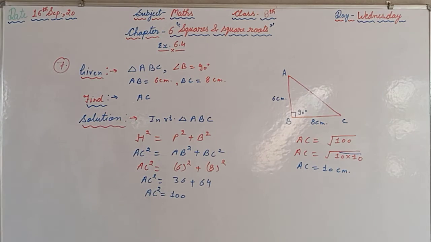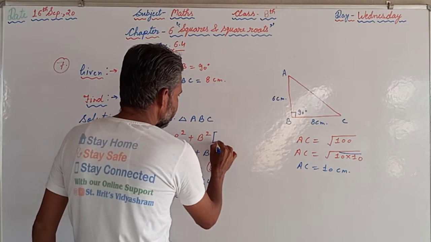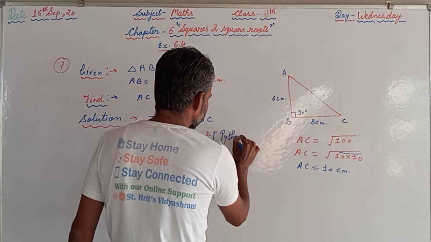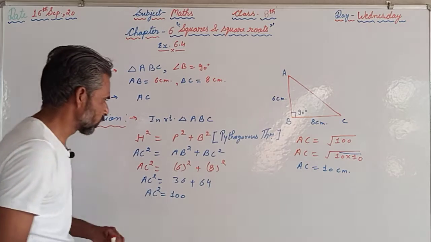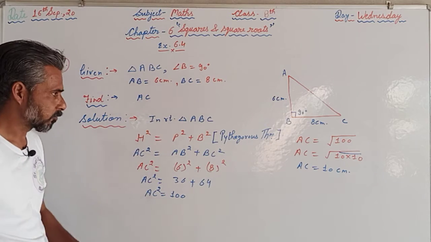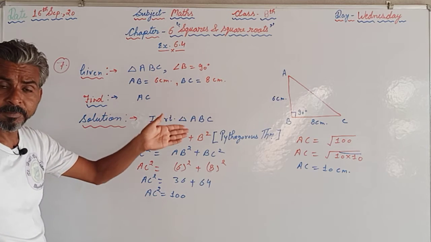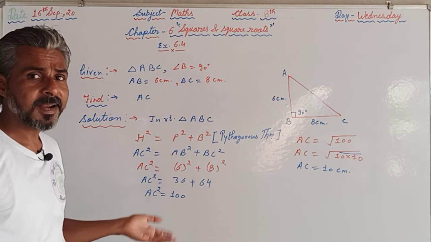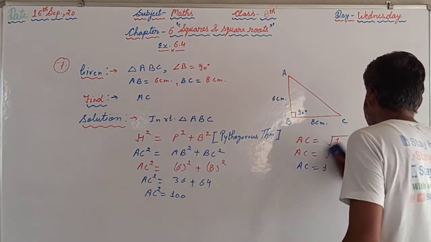Like this we have to proceed such type of questions. I hope that you have understood how to find out the square as well as how to find out the square root. Here we have used that theorem, and what is that theorem? Pythagoras theorem we have used, that h square is equals to p square plus b square, and that theorem is valid for the right angle triangle only. Here the triangle ABC is already given that it is right angled at B. So I hope that you have understood. After this question we will proceed to the next question, that is question number 8.